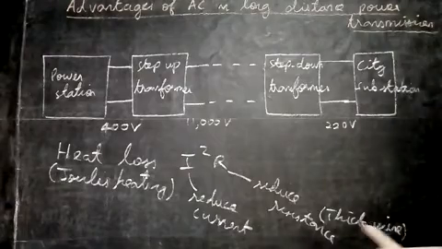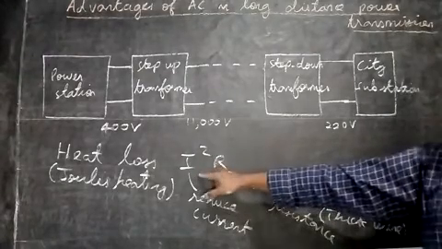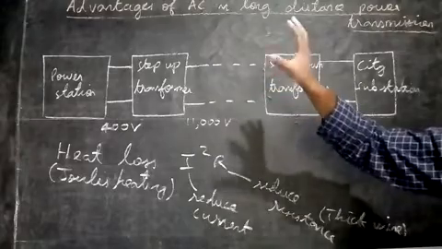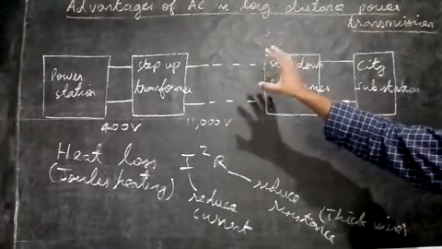If you use DC, it will get wasted. With DC, due to heat loss, energy will be wasted. So energy can be sent over long distances only using alternating current,